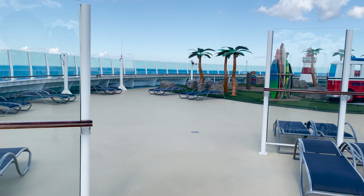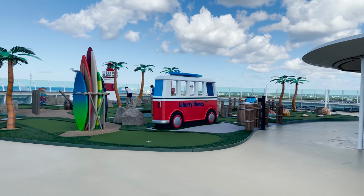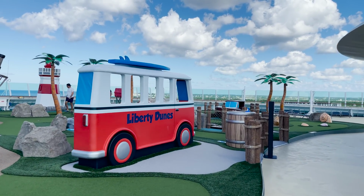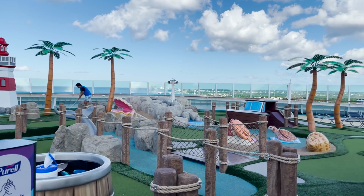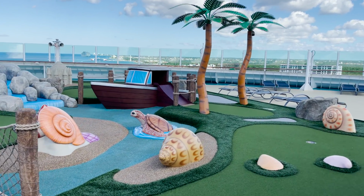But really, what we're here for on deck 13 forward is the Liberty Dunes, which of course is the miniature golf course on board. It's a 9-hole course, so not a full 18, just 9, and it is exceedingly similar to other ships that we've seen with these newer style golf courses. So all the fun nautical themed